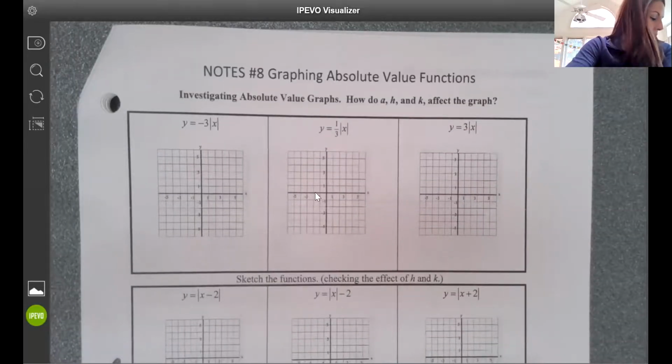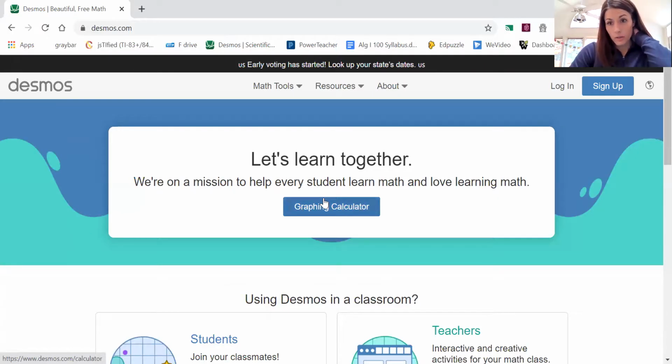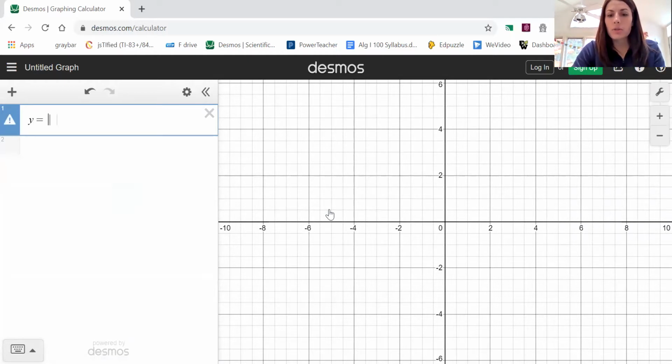Now, before we write down how we're going to be graphing these, I want to do a little investigation, and so I'm actually going to use Desmos for this. So I'm going to switch when I'm sharing. You should have the notes in front of you, and I'm using Desmos to go through this investigation because as of right now, we don't know what these absolute value graphs are